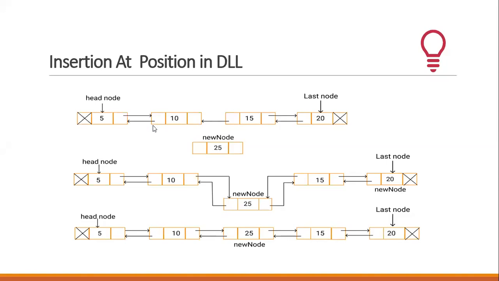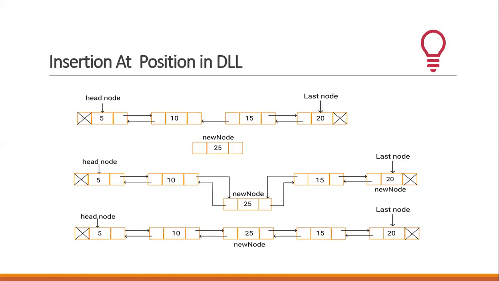Again, the core part of the example remains the same. We have a linked list with values 5, 10, 15, and 20. We have to insert a new node somewhere in between the list, not in the beginning or the end. The new node is getting inserted between 10 and 15, which means either the user has said insert after 10, or has given a position, maybe the third one. Any of the cases can happen.